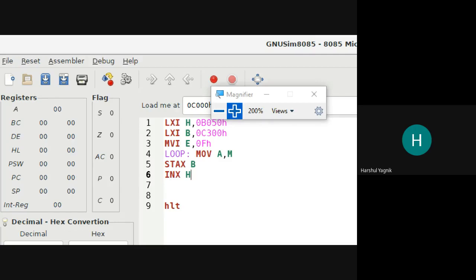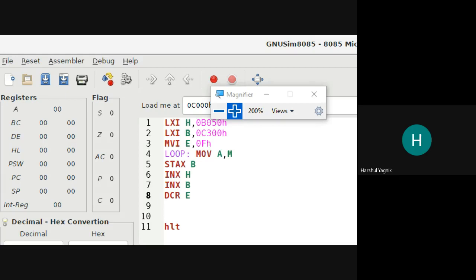So INX H for HL register pair and INX B for BC register pair. Both are incremented. Then we need to decrement the counter. How to decrement the counter? DCR instruction is there. DCR the content of register E. That will decrement the operand which is present in the register E.